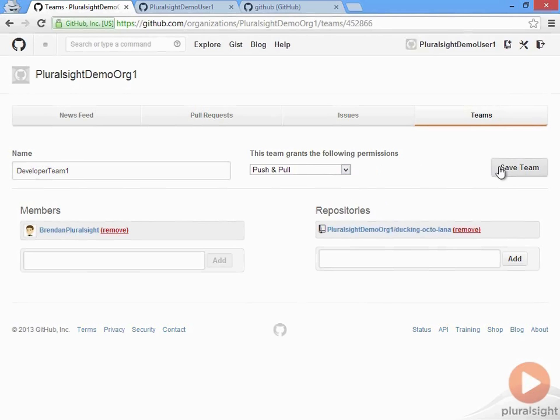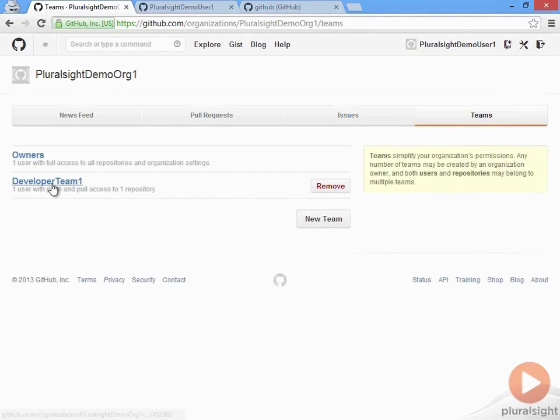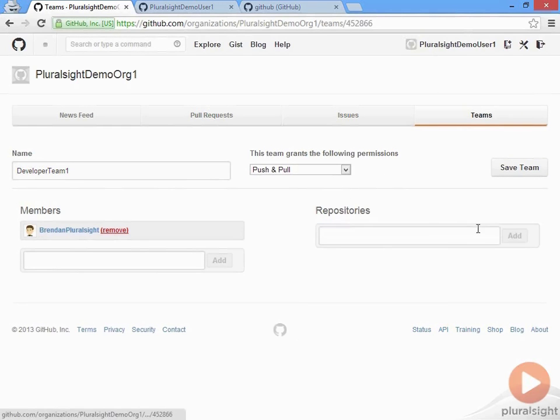It's a little bit strange because we're doing this at the level of the organization and not at the project. So if we save this, that permission's now there. So you'll notice one user with push and pull access to one repository. If I remove that and go to that repository, we're going to go ahead and save,